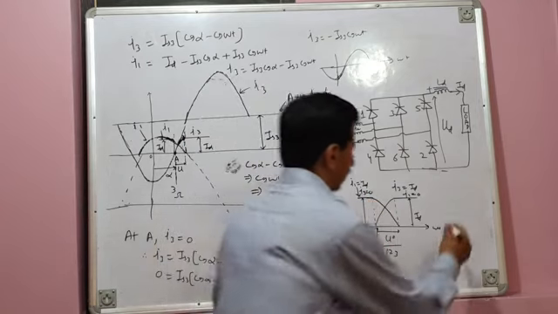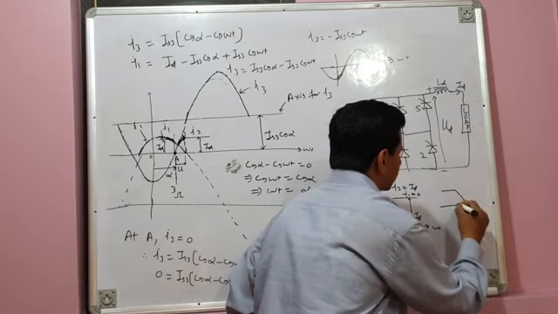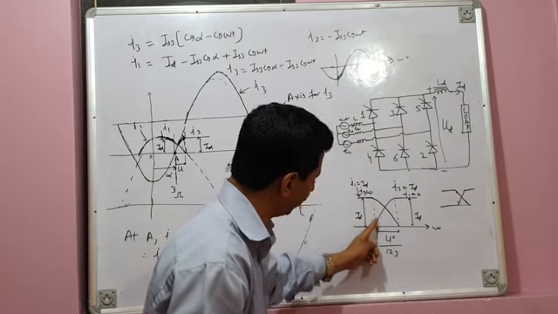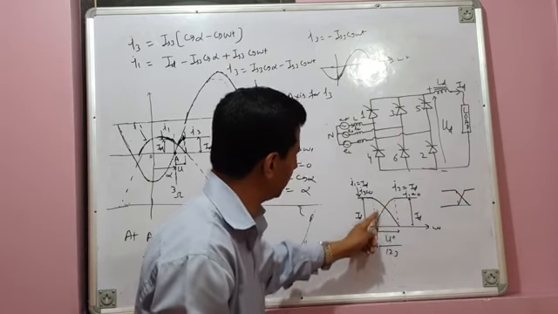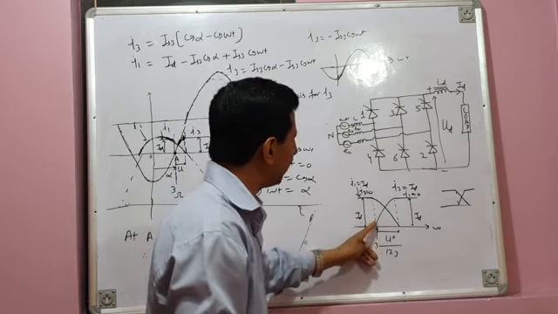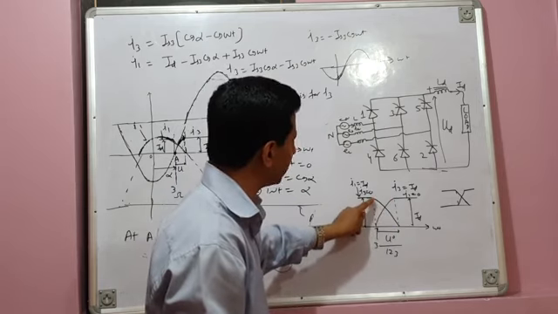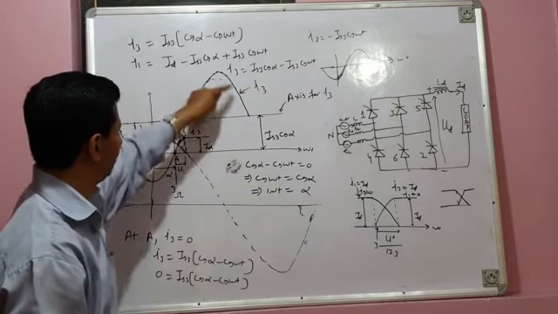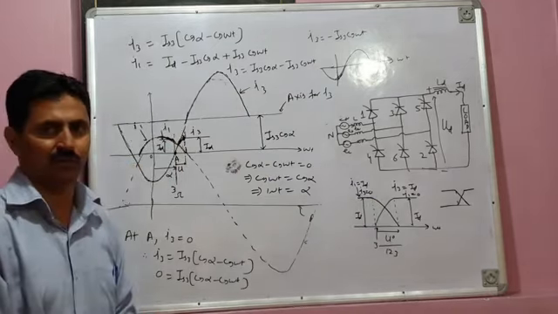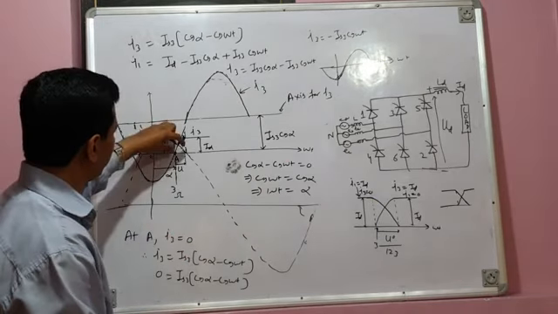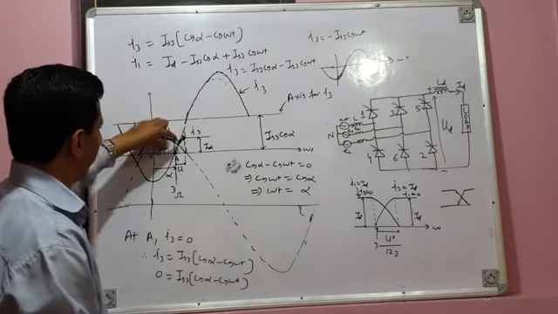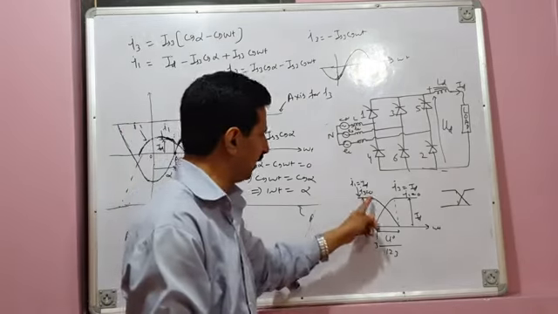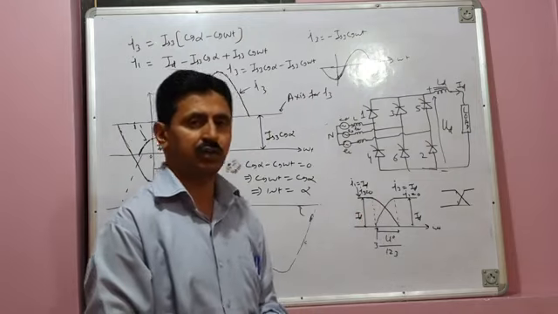And which pattern? Previously I had shown them as straight lines like this, but they don't follow a straight line, they follow a sinusoidal pattern. You can see it is sort of curvy waveforms. Current in valve 3 is sinusoidally increasing, and current in valve 1 is sinusoidally decreasing, because during commutation overlap they follow these waveforms. And what are these waveforms? They are sine or cosine waveforms. So these waveforms are valid only during commutation overlap, and these are the valve currents I1 and I3 during commutation overlap.